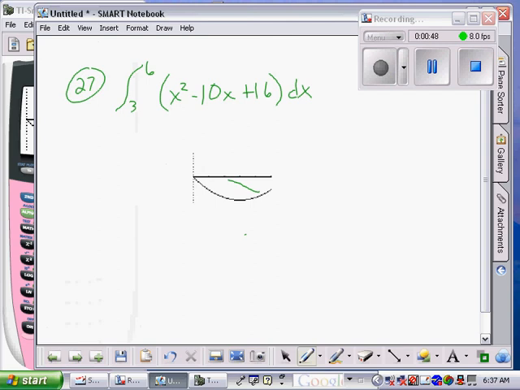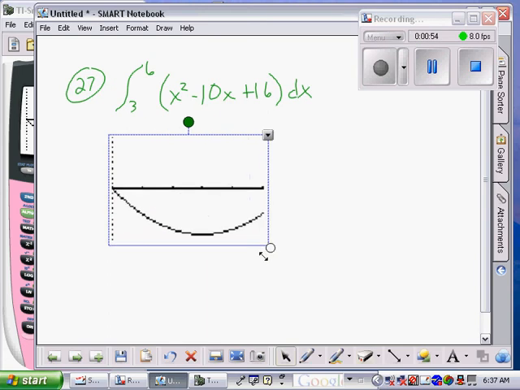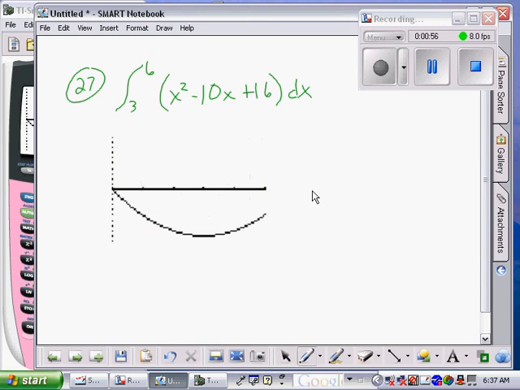Let's try this again. Okay, I went from 2 to 7, didn't I? So this mark right at the edge out here is 2. Here's 3, 4, 5, and here's 6. Okay? So if I'm trying to find this area,